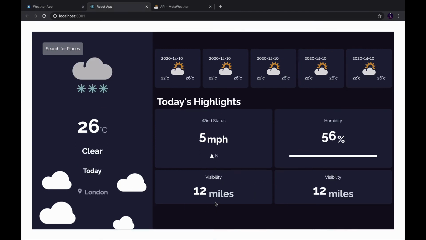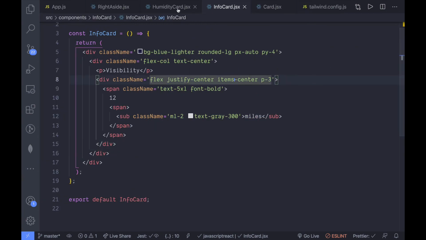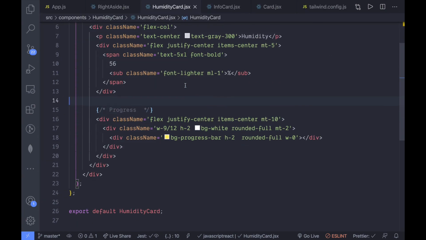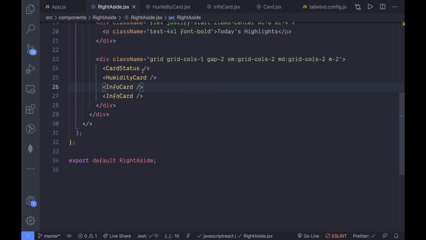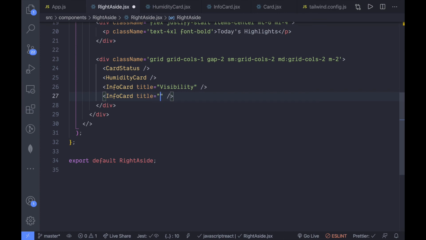But as you can see they do show the same content. So let's just pass the content via props. So go back to the VS Code, and here inside the write essay.jsx file, let's just pass a prop of title and give it visibility, and here let's just give it a title.